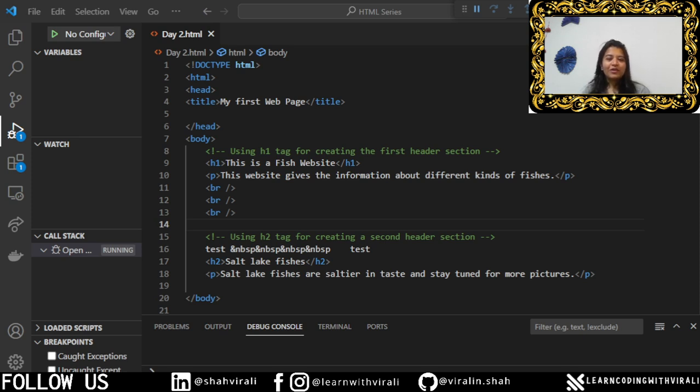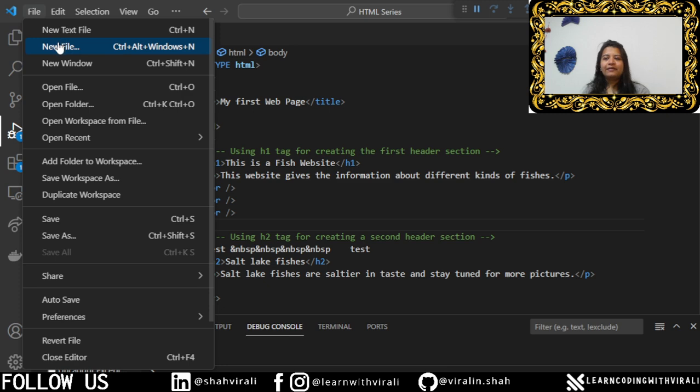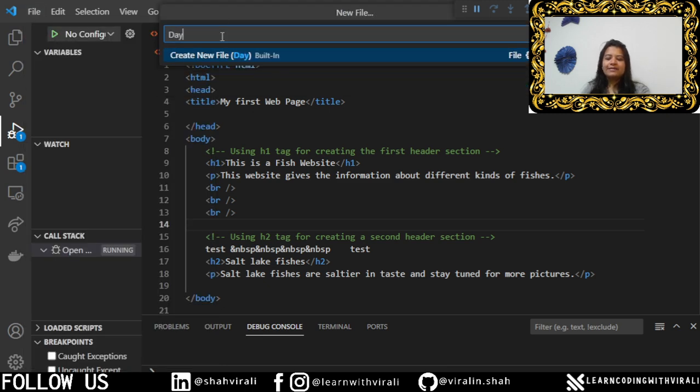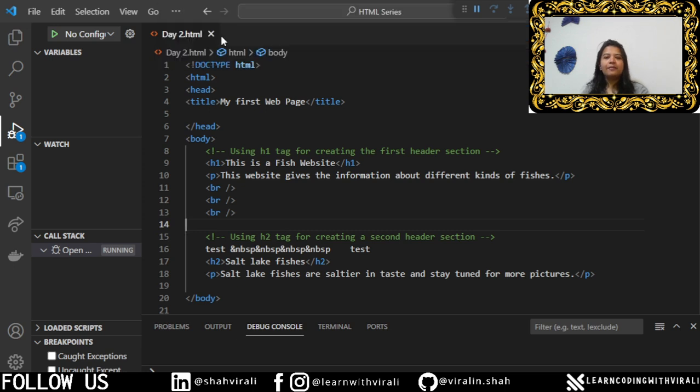So in today's video, we are going to understand the different types of headings that we have in HTML and how to use different tags such as blockquote, code, and the superscript and subscript tags. So let's get started. I'm going to create a new file by clicking on File, saving it as day3.html,